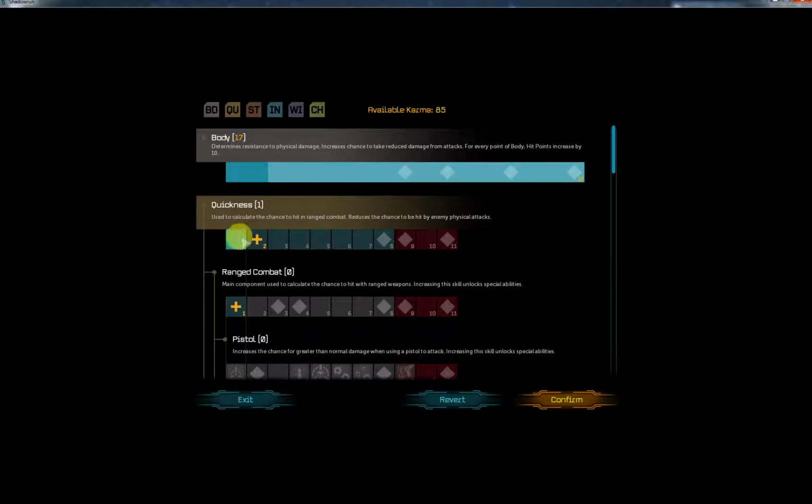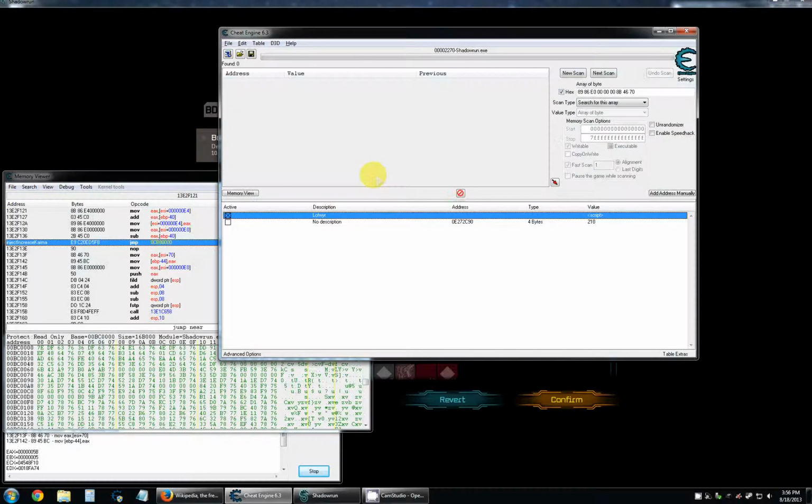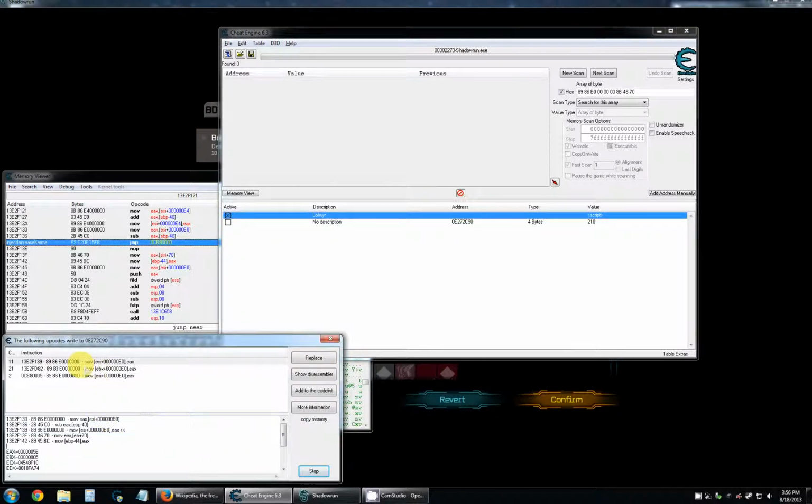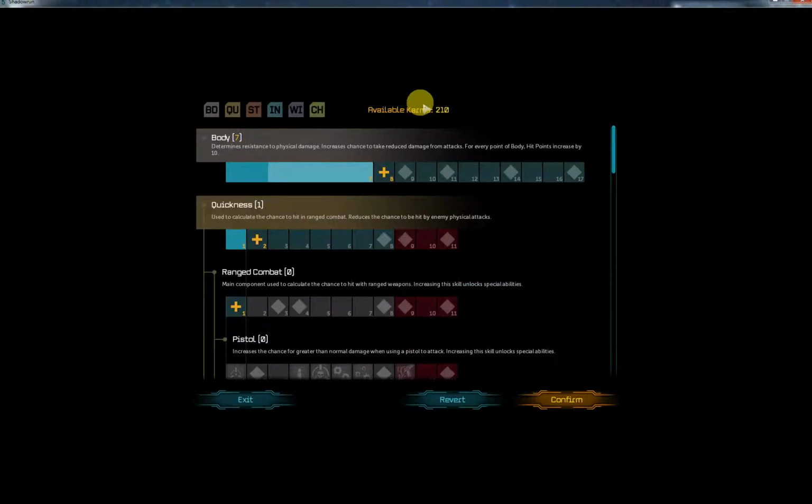So let's reduce a point. Well, we're still getting karma. What's that about? Well, as we talked about, it's different routines. As you can see, find out what writes to this address. It's different routines when you subtract from the karma value in the character creation screen than it is when you